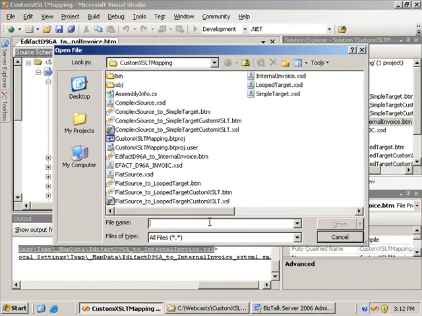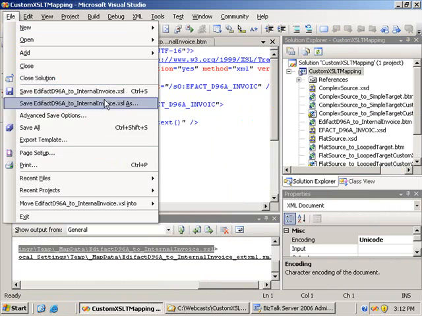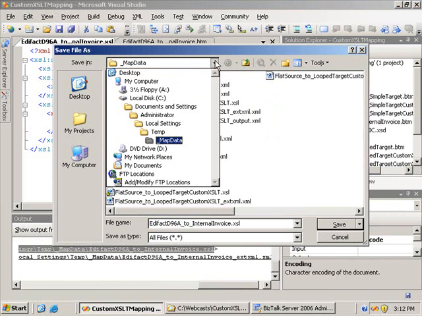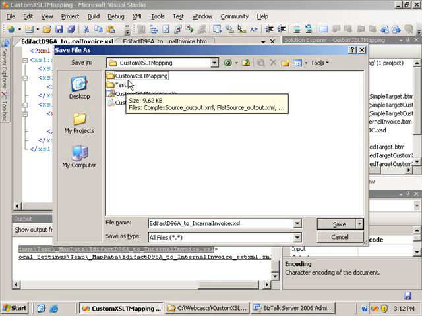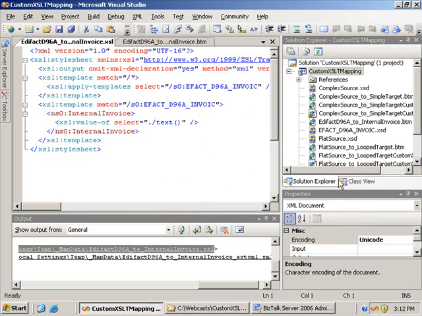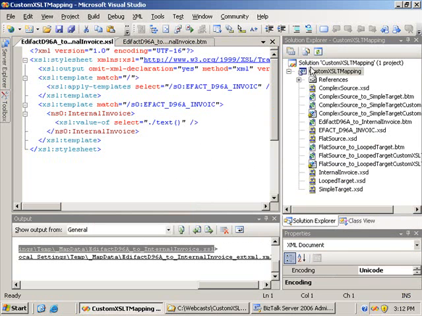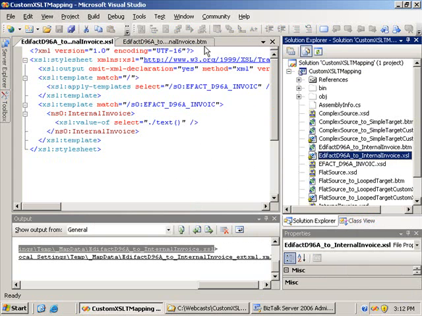Control C, Control O, Control V, bring this into Studio, and a quick save as. And drop this down into my project directory, which is webcasts, Custom XSLT mapping, Custom XSLT mapping, and leave it with the same name as the actual map name. I can then go in here, include it into the project,